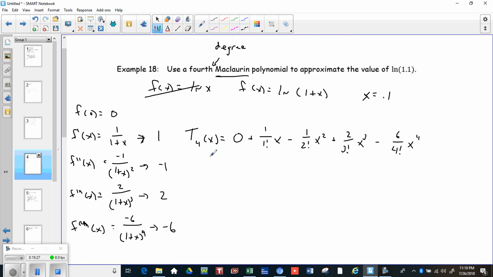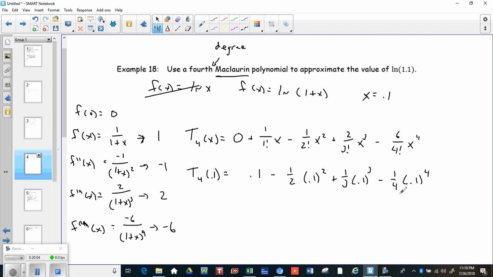So since x has to be 0.1, that's what I have to plug into x here. So I have a fourth degree Taylor polynomial where x is 0.1. That's what I plug in. Don't worry about the 0, it's gone, so this is just going to be 0.1 when I plug it in here, minus 1/2 times 0.1 squared. 2 over 3 factorial is 2 over 6, so that's 1/3 times 0.1 cubed. And then 6 over 24 again is a 4th, so minus a 4th times 0.1